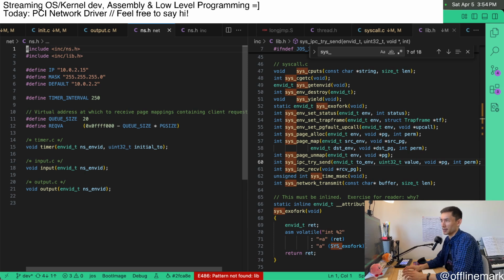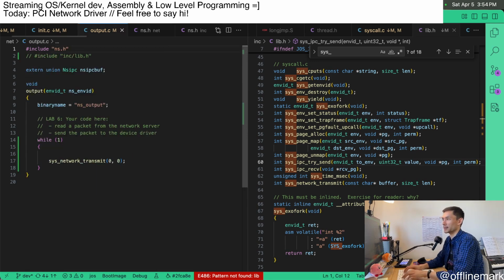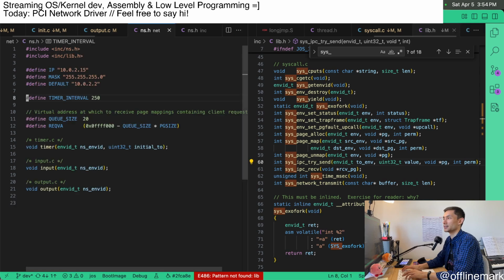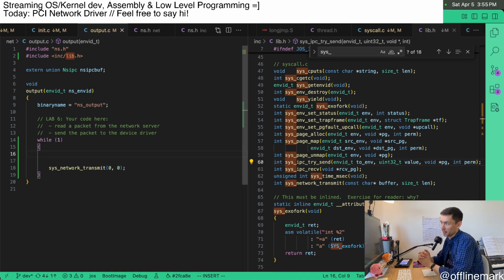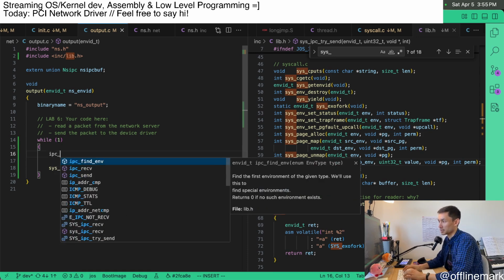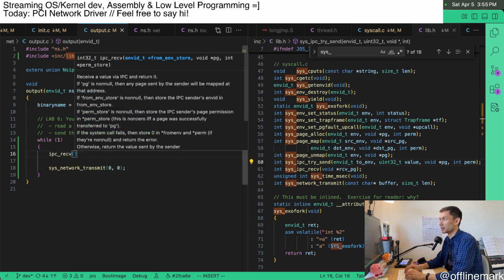Oh wait, okay, I was weirdly looking at something else. So this thing already includes lib.h, although I don't really know why, because nothing in this thing really needs it, but it's probably just in anticipation of us needing it here. Maybe I'll do this just to be consistent. So yeah, we'll need to do this, but first off, let's start by reading a packet from the network server, which means we're going to need to call IPC receive,